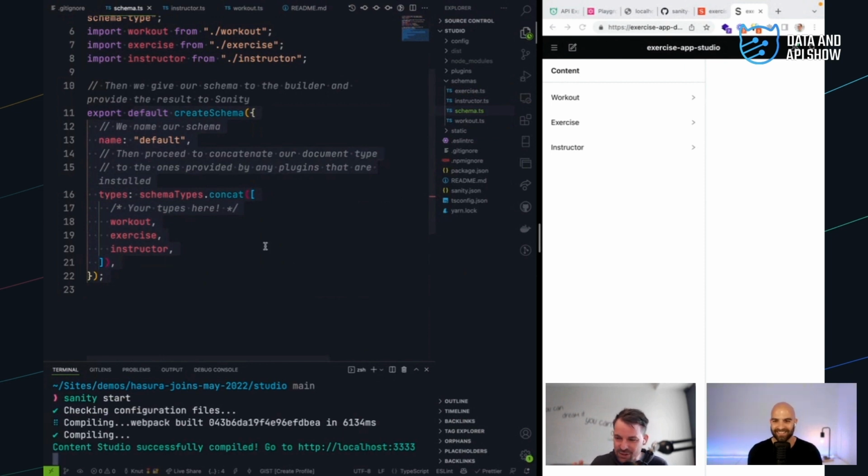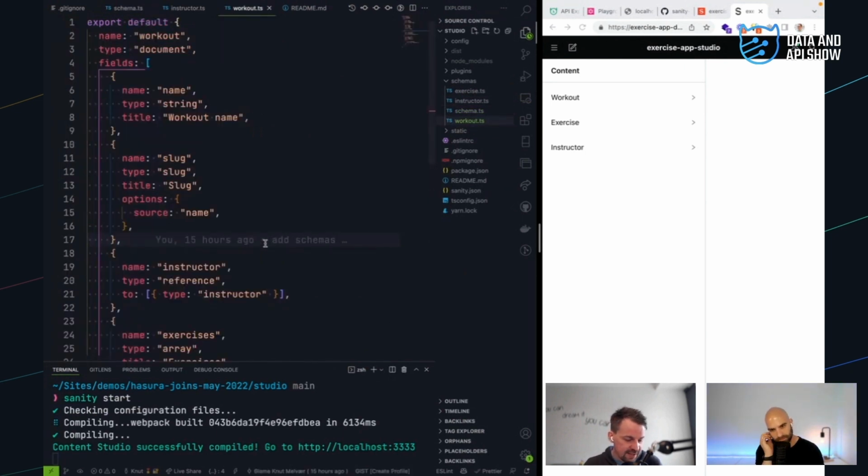So I've made a super simple version of that, just to show how you can think about structured content. And this is that. So here we have the workout, and with Sanity, you make these schemas with JavaScript. If you squint, it looks like JSON, right? But it's actually JavaScript, and that's interesting because that means you can use JavaScript to also build schemas programmatically, and you can do all sorts of stuff. And it really is powerful when you go into field validation and all of those things.